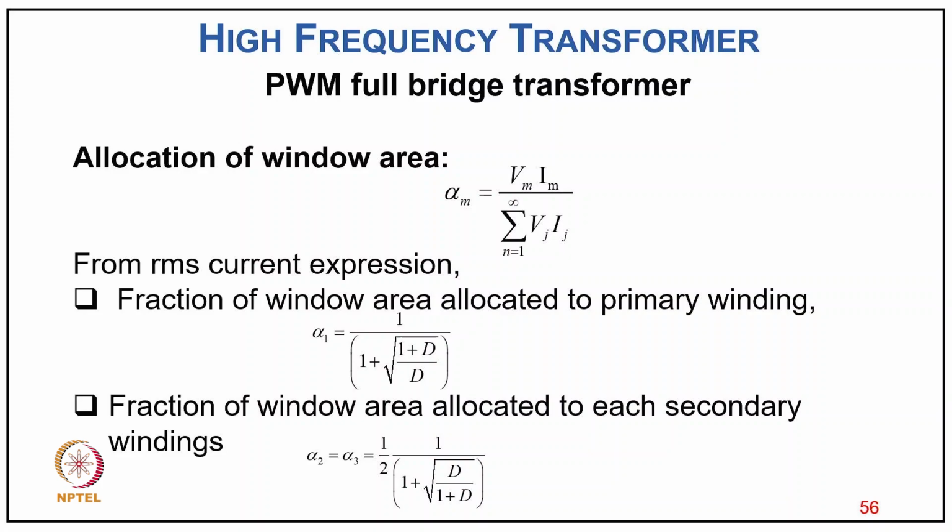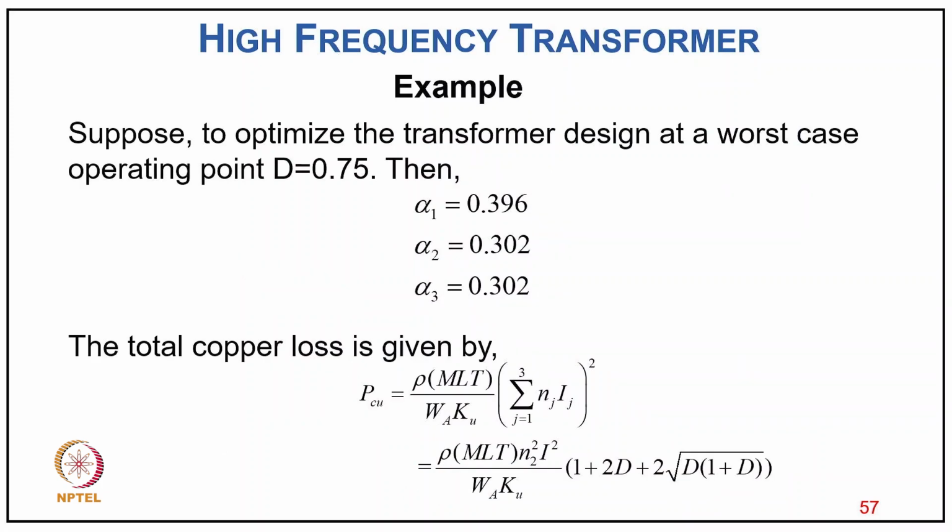So, from the RMS current expression, fraction of window area allocation of primary winding alpha 1 equal to 1 upon 1 plus under root 1 plus d upon d, and fraction of window area allocated to secondary winding is alpha 2 equal to alpha 3, half 1 upon under root 1 upon in bracket 1 plus under root d upon 1 plus d. So, now suppose to optimize the transformer design as a worst case operating at d equal to 0.75, then alpha 1 equal to 0.396, alpha 2 equal to 0.306 and alpha 3 0.03, and the total copper loss is